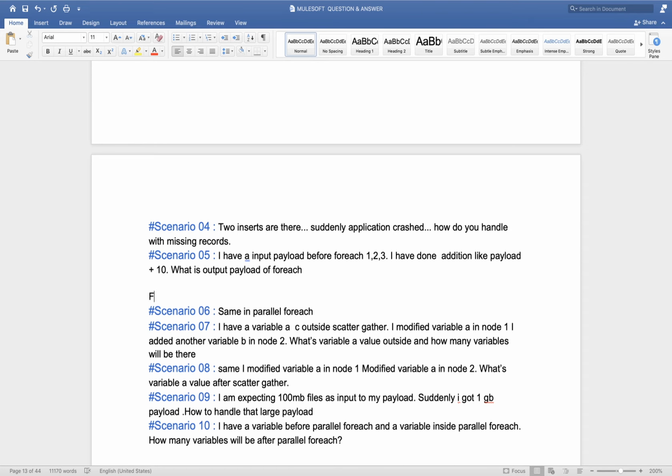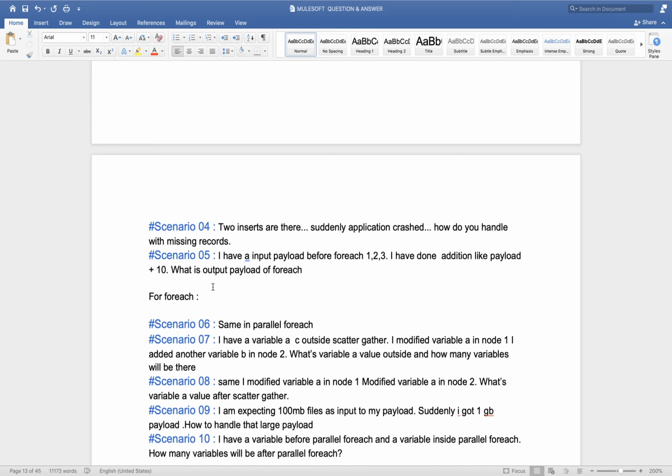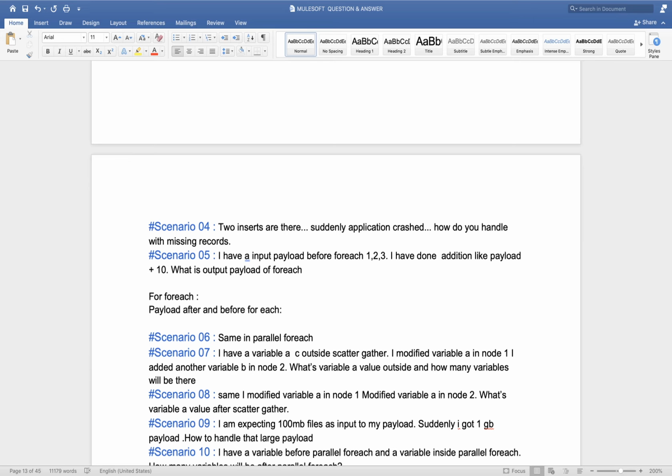For each: payload after and before for each, then variable after and before for each.